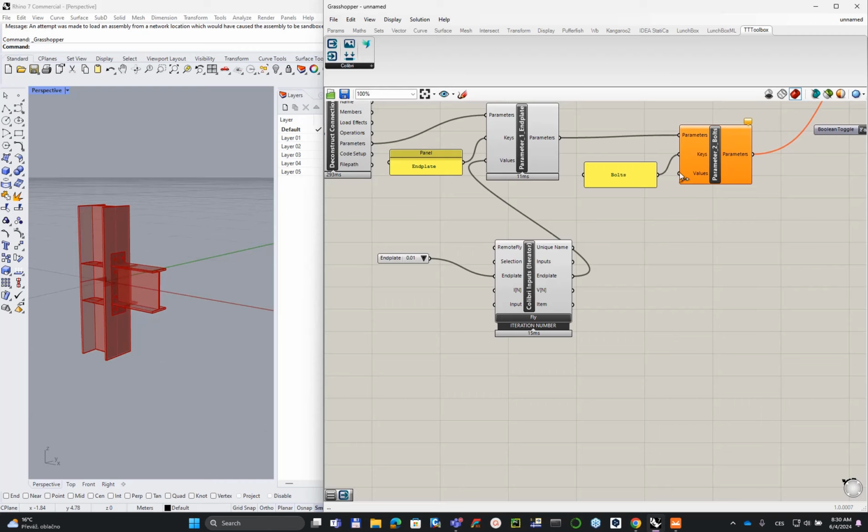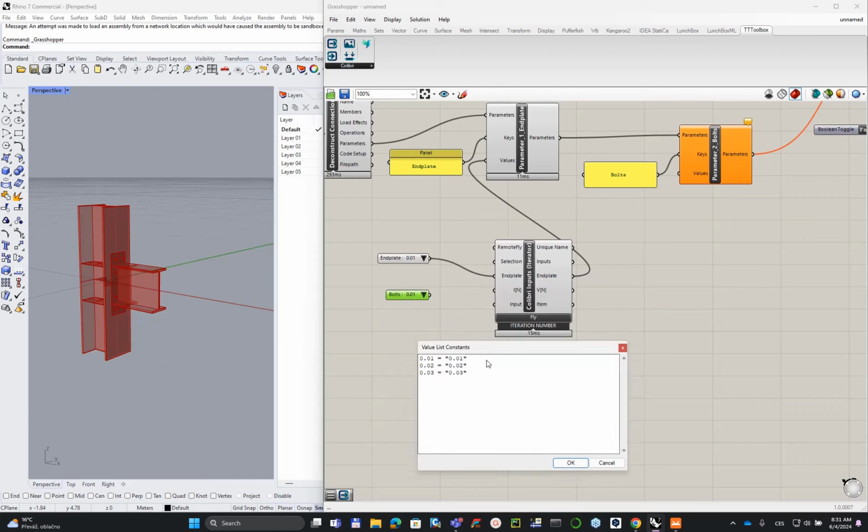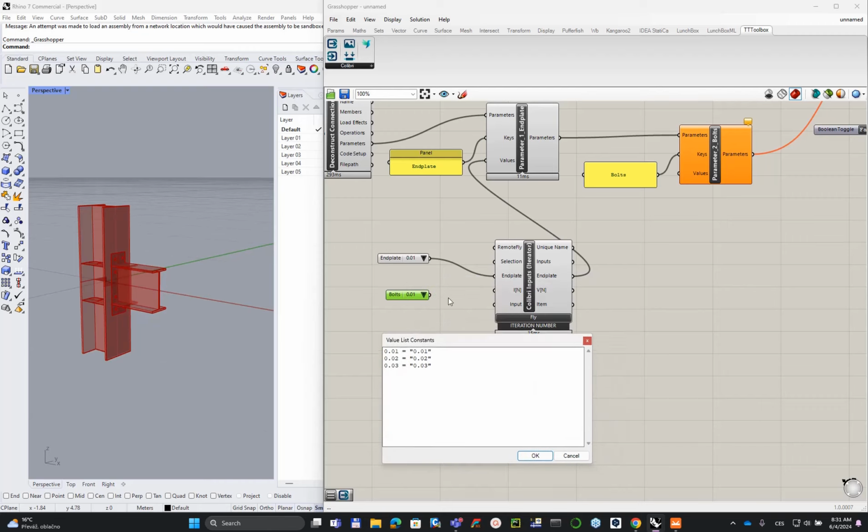In the same way, we'll be using the battery for bolts. So if you hit the right button, you need to switch it to the bolts name, and if you use a double click, right now we need to assign here the correct diameter and the bolt grade of the bolts. So my first bolt is M12 with a grade 8.8, and to IDEA StatiCa it's a